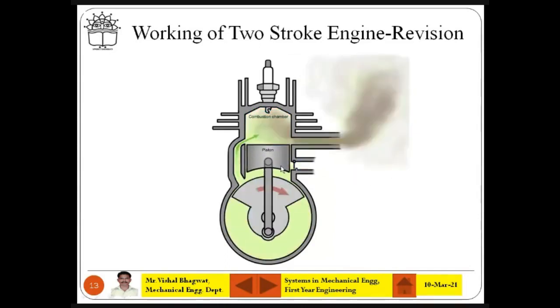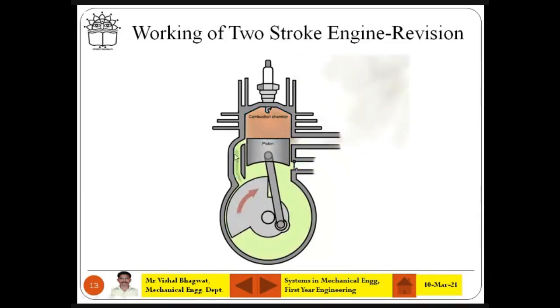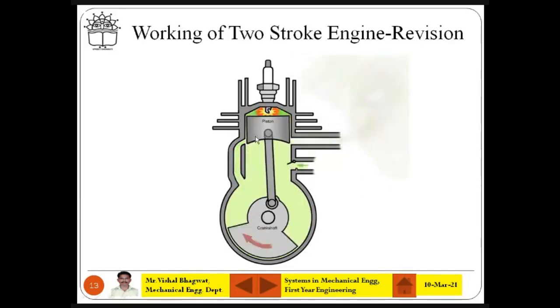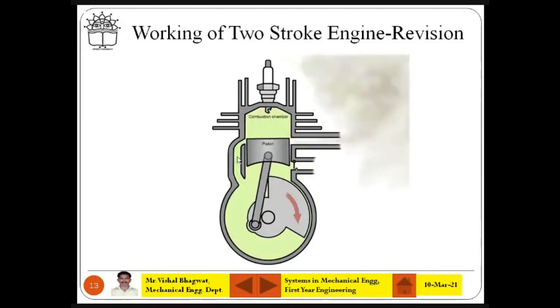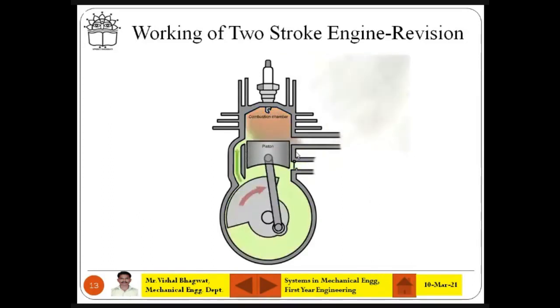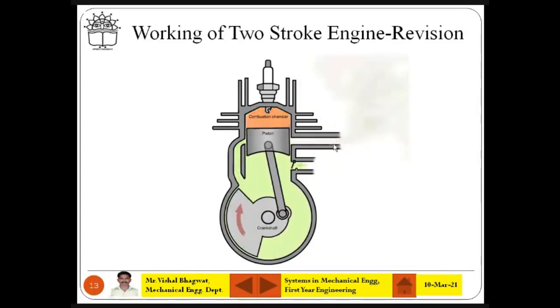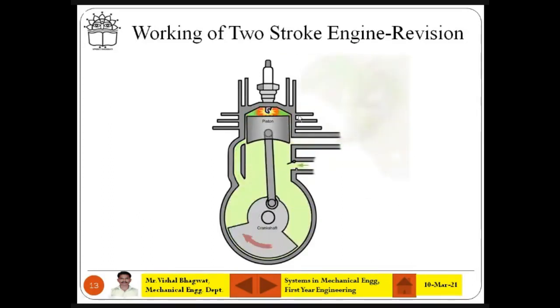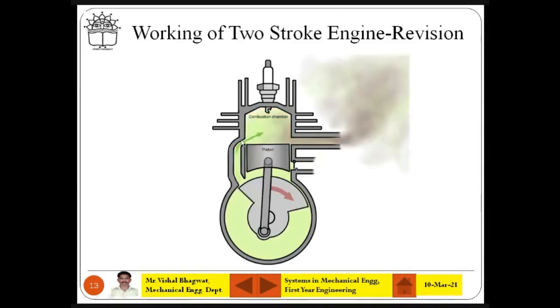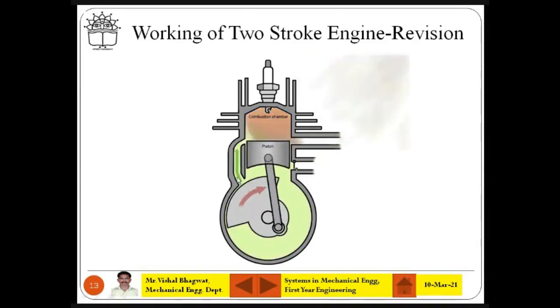और इसके अलावा one more port is here on the left side. You can see the green arrow which is going up. That is transfer port. It is called transfer port. So बजाय inlet wall, exhaust wall, you have those things here in the 4-stroke, but in the 2-stroke you have intake port, exhaust port, and one more transfer port that is not there in the 4-stroke engine. That is the main difference. Okay.